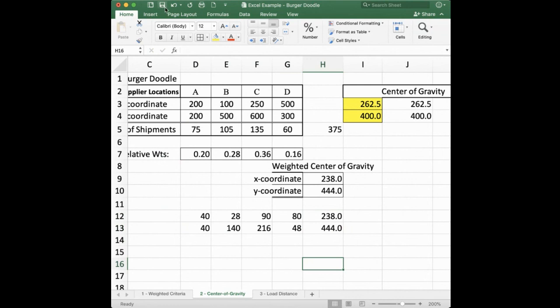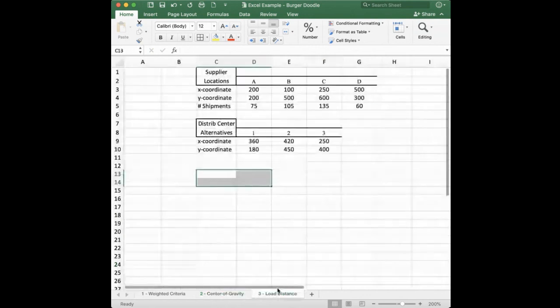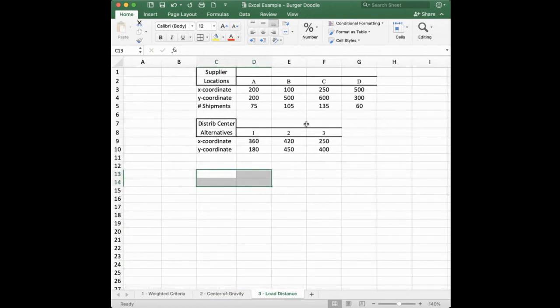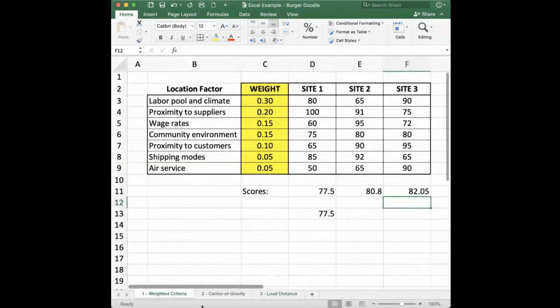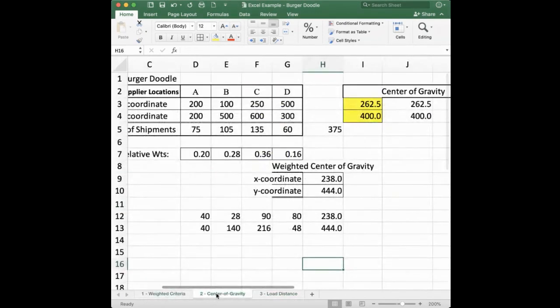I'm going to save this file, and we'll put that on D2L under lesson 16. And then next lesson, we'll look at the load distance function in the next class for lesson 17. And then we'll have a quiz where you'll need to use these Excel spreadsheets for the weighted criteria and the center of gravity,